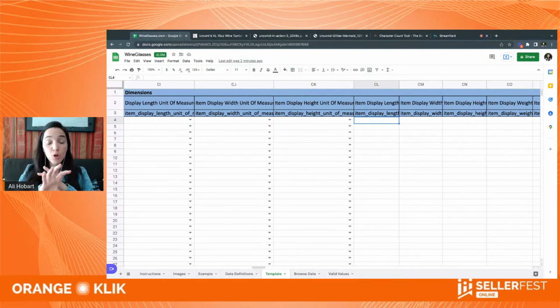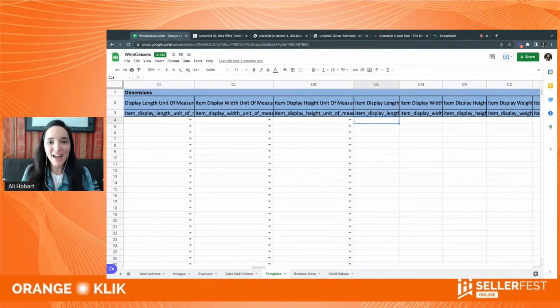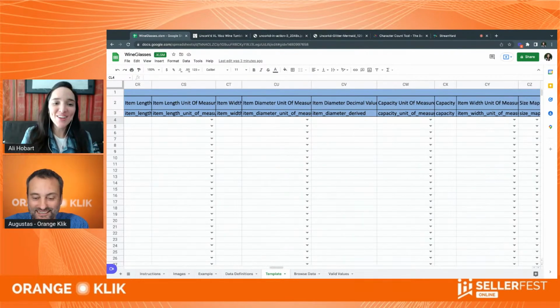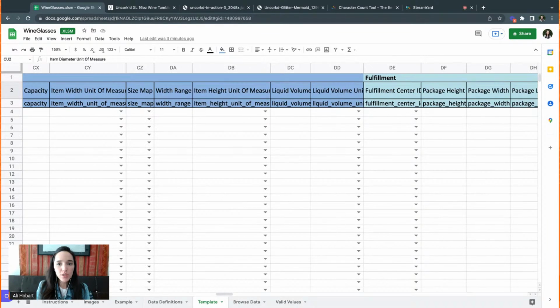And sometimes it's completely out of order to where here asks for the unit of the length and here asks for the weight. I don't know why it's out of order sometimes, but just be sure that you read every single one and that you choose a valid value for each one of these. So all the item, as I said, is the little unit, but not necessarily how it arrives at Amazon. And next, if you keep scrolling, you're going to see the package is going to be for fulfillment. So everything's about item here, liquid volume. It's very specific to your product, but it shouldn't be too difficult to understand.